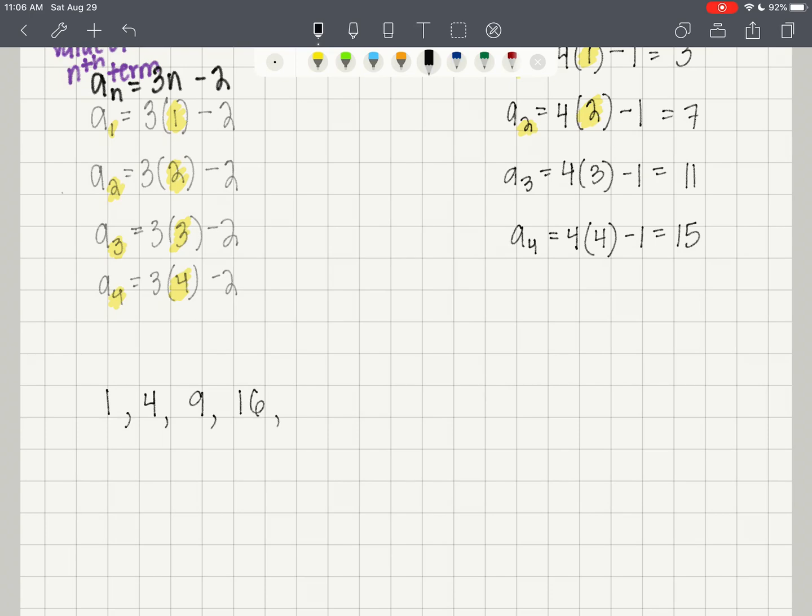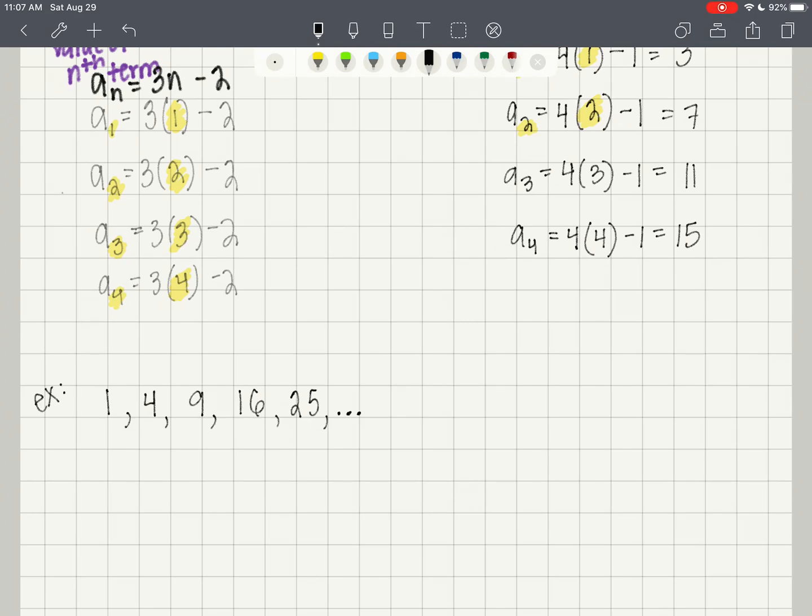So I'm going to repeat that. 1, and then 4, and then 9, and then 16. And do you know what number would come next? If you know 25 comes next, then you know